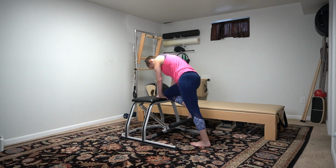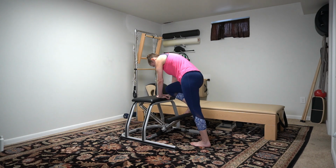Point your foot. Flex your foot. All you're doing is pointing and bringing your toes to your nose. Keeping that belly nice and round. And breathe. Give me one more. Close the pedal